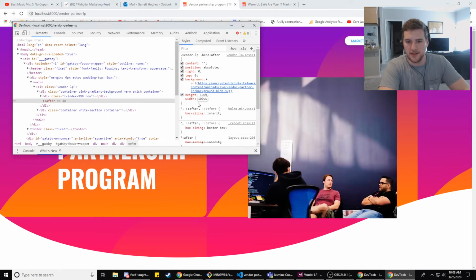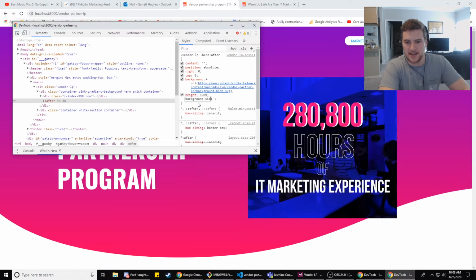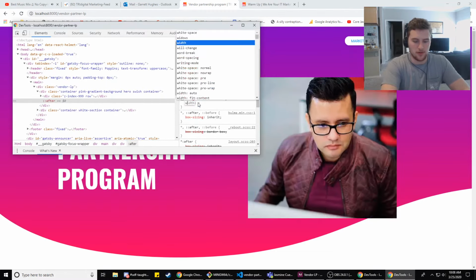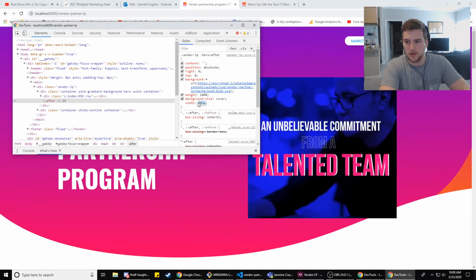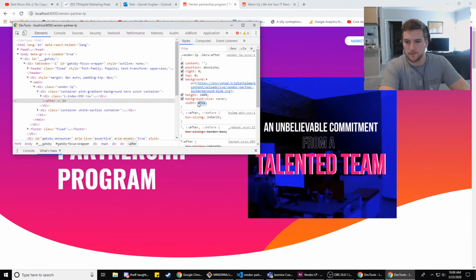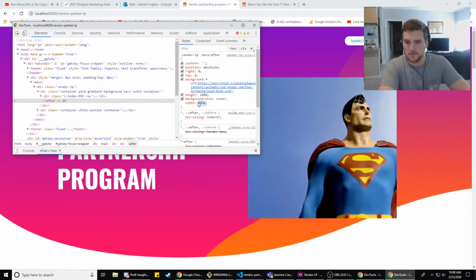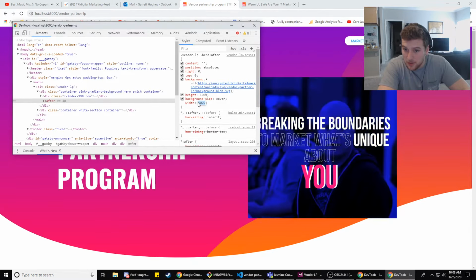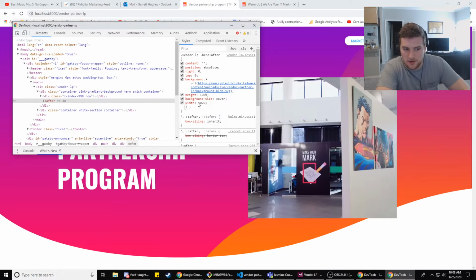Oh, that's not what we need. It's not scaling the background either. So we need background size cover. Width will be like 25 view width. Does that work? This is an SVG, so I think it's scaling properly. Or like the pixelation, I can't see any on my screen.